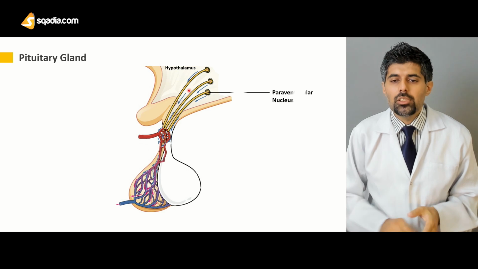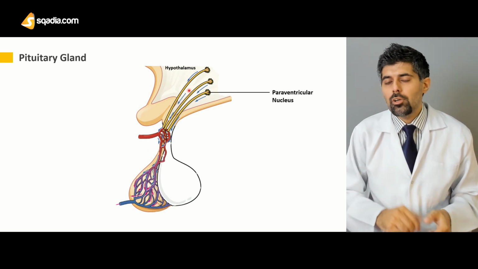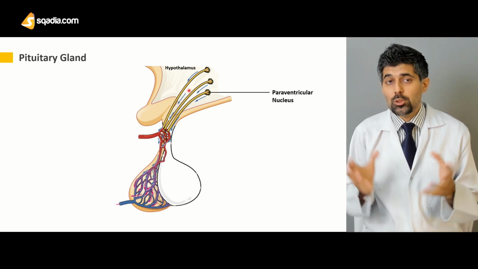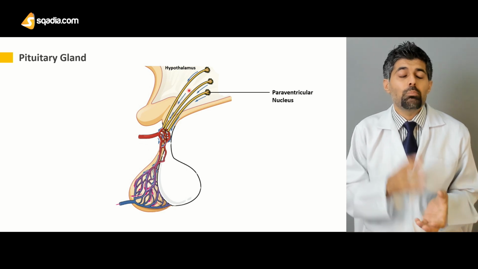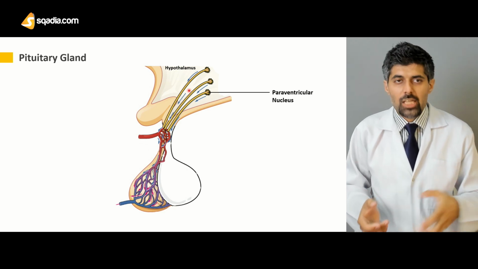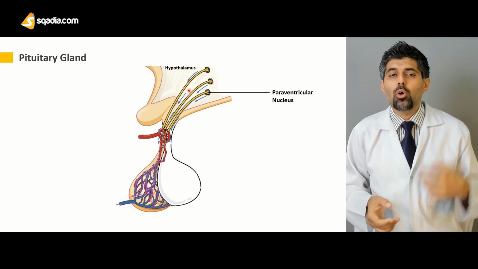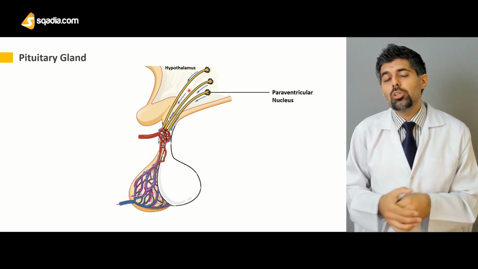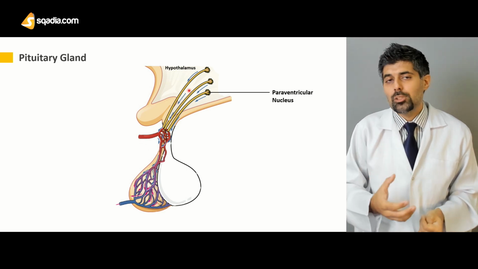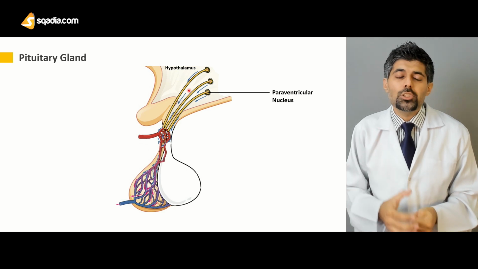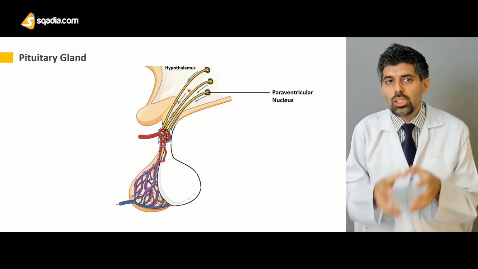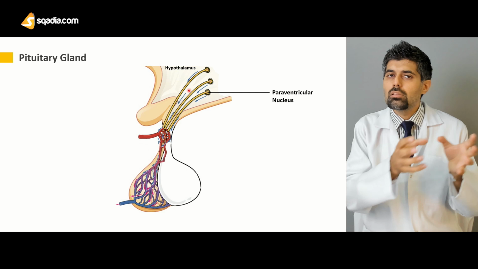But we are only concerned with one nucleus here, the paraventricular nucleus. The paraventricular nucleus has generally two types of neurons. One is the parvocellular neurons, the other are the magnocellular neurons. As you might recall from the lecture on the posterior pituitary, the magnocellular neurons are the ones which synthesize and release the oxytocin hormones, while the parvocellular neurons in the paraventricular nucleus are the ones which synthesize a certain chemical